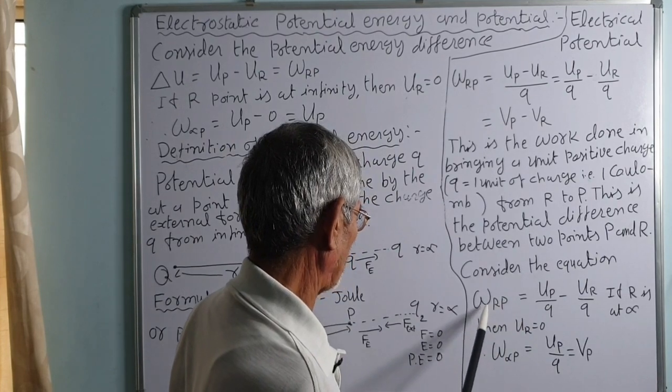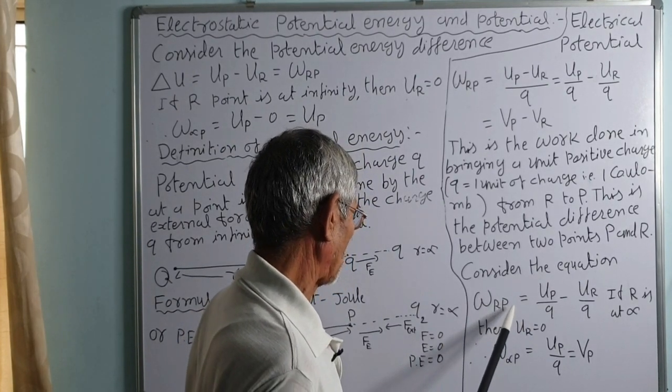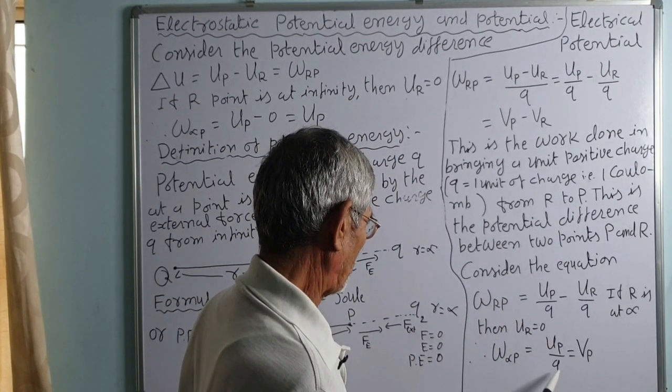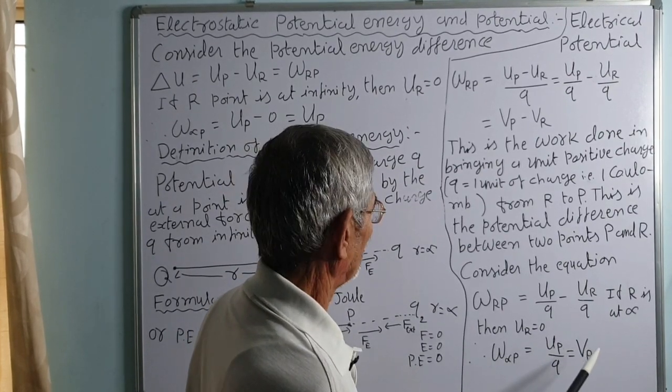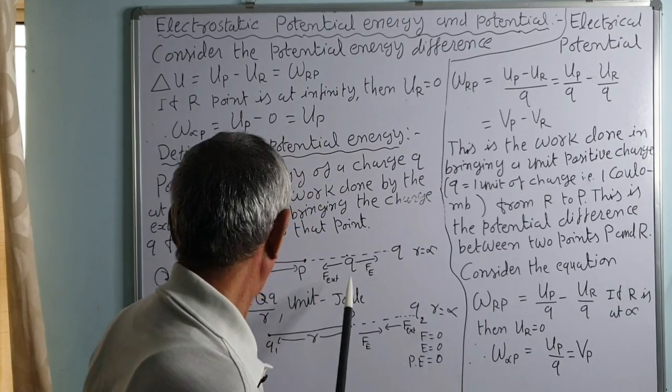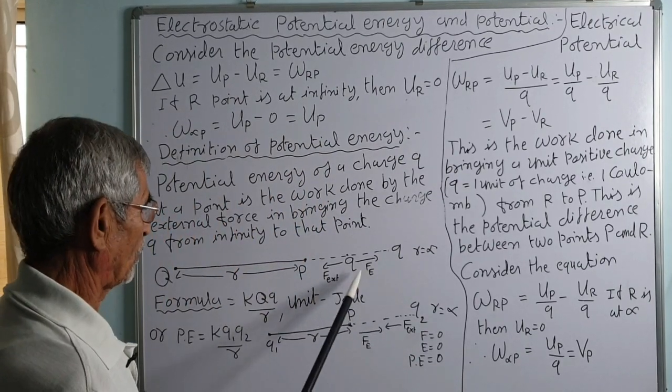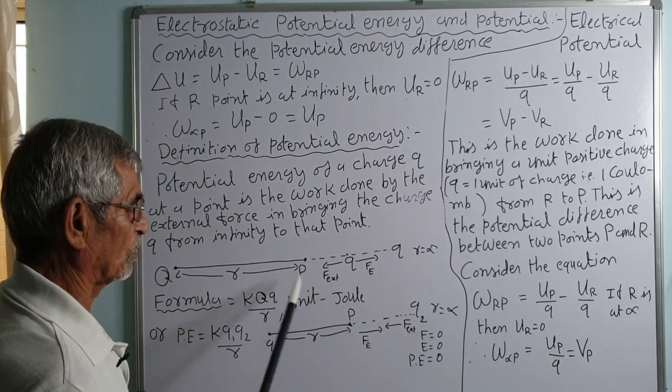Therefore, Wrp, the work done in bringing the unit positive charge from R to P, will be UP upon Q, and that is by definition the potential. The potential at a point in an electric field of a source charge Q is equal to the amount of work done in bringing the unit positive